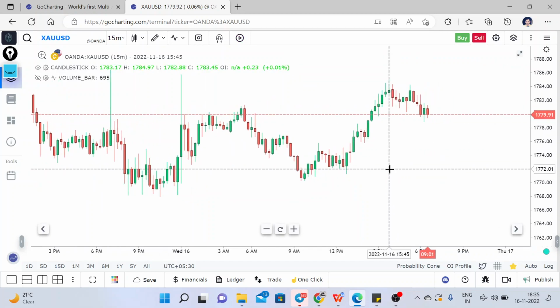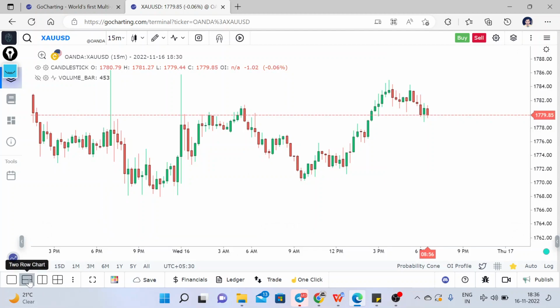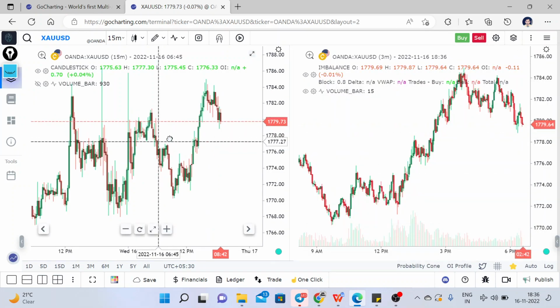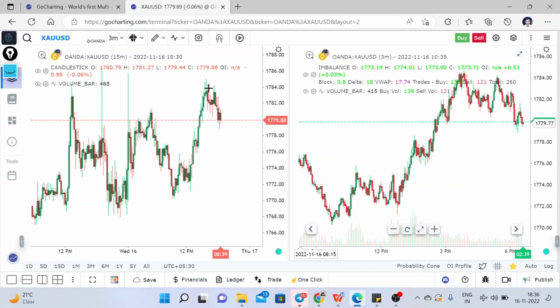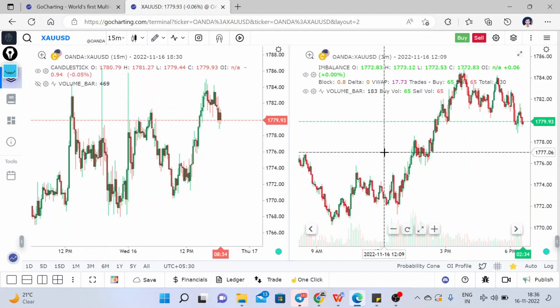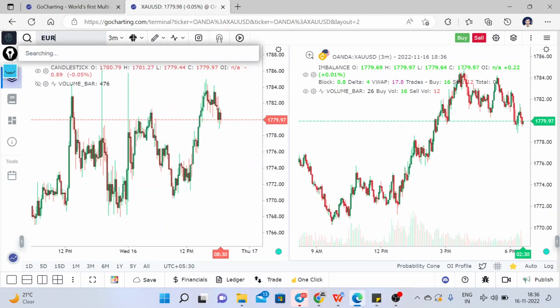The other premium feature that you can use for free is this multi-chart layout. So if you want to check two symbols in a single window or four symbols, you can use this feature. As you can see, this is the multi-chart layout and you can use any two symbols, like this is the one that I'm using, and for this, if I want to check EUR/USD,